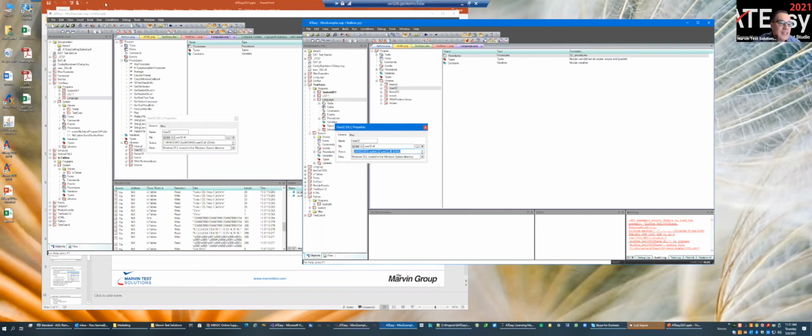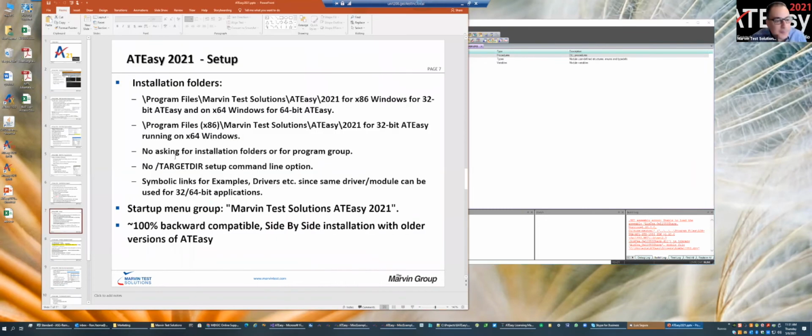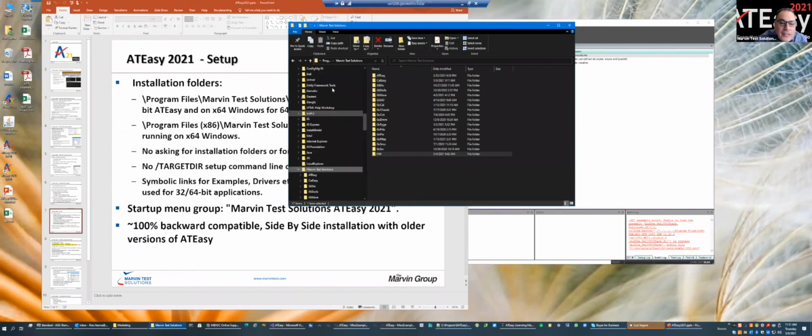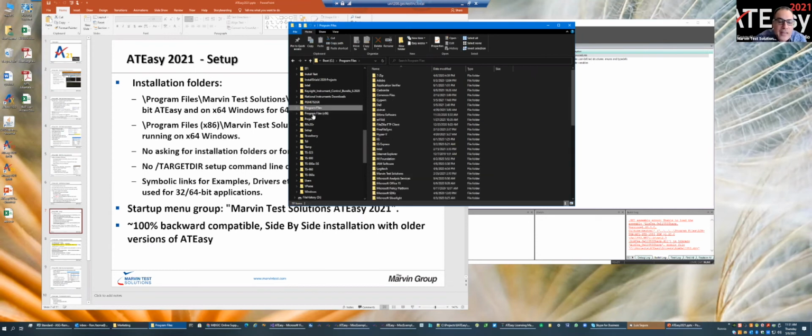So this is about this. And moving back to the setup, let me show you how that looks when you look at the drive. In 64-bit Windows, you have program files and you have program files x86. The x86 was designed by Windows for 32-bit processes, while the other is for 64-bit processes. So basically, we follow the same idea. So when you install ATEasy on a 64-bit machine, okay,